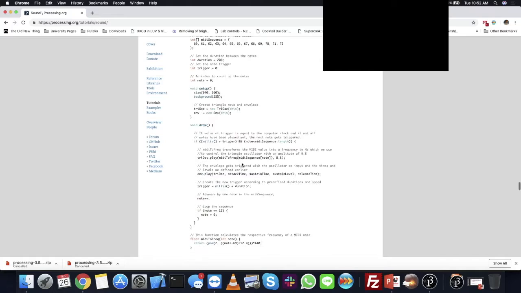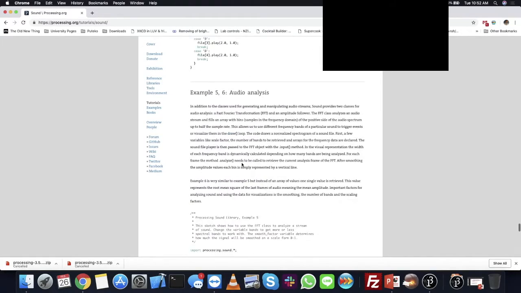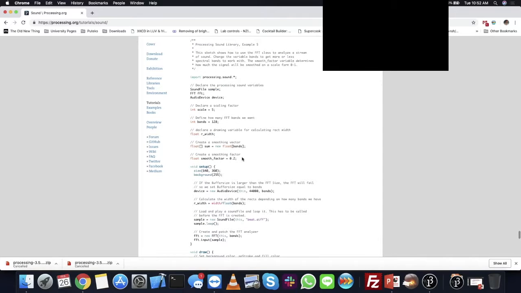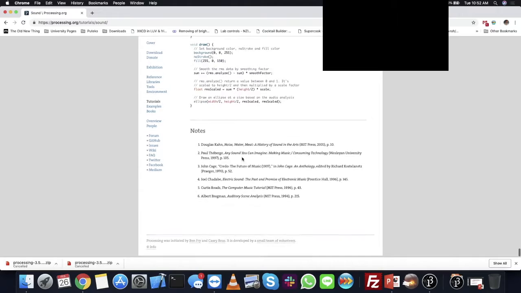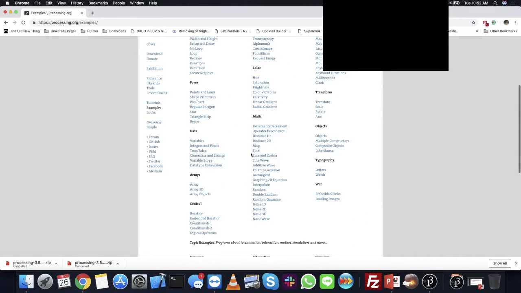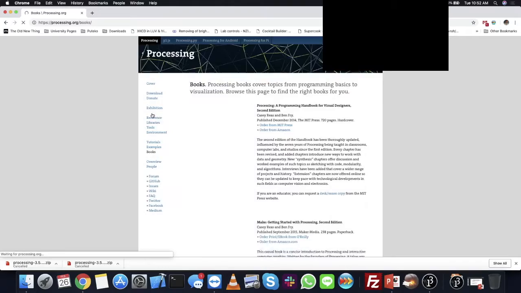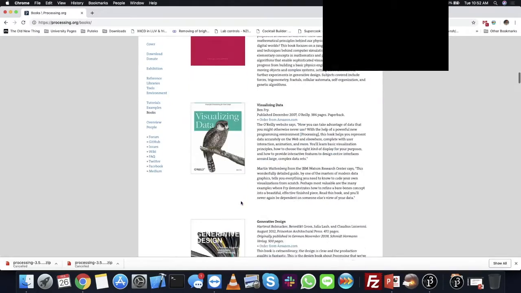In processing, they have some code examples down the bottom, but to be honest, again, to play a sound file in processing, it's very basic, probably 3 lines of code. So these tutorials go in quite a bit of depth. You have examples as well, which are a bit more simple and tend to just focus on one sort of sub-point. There's a range of books, so we'll notice somewhere in here will be